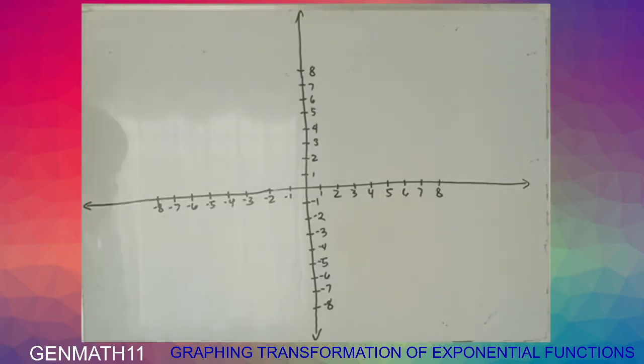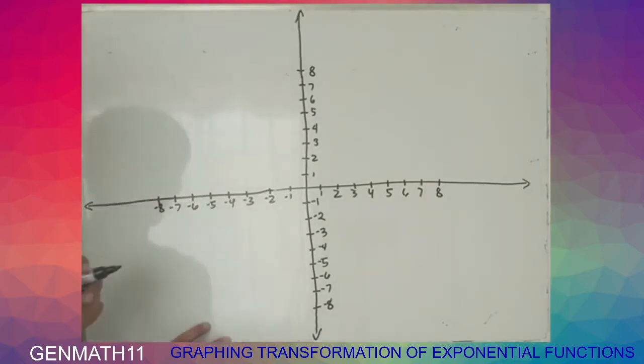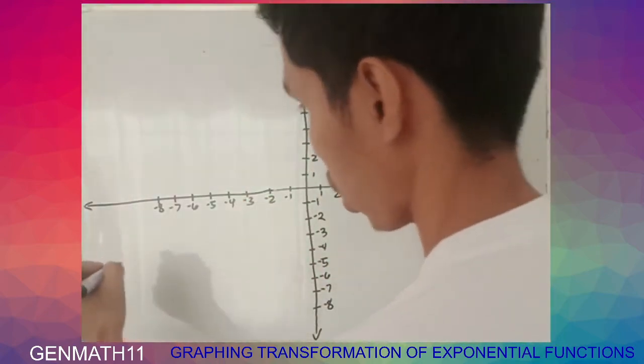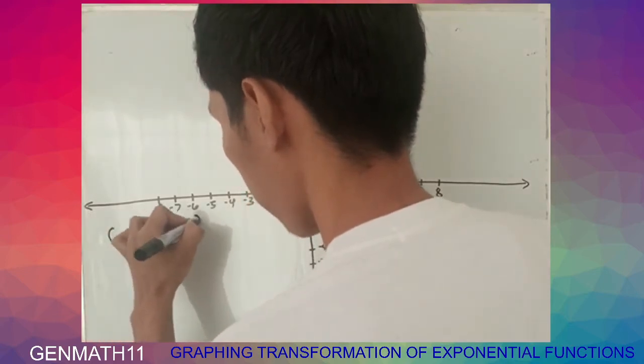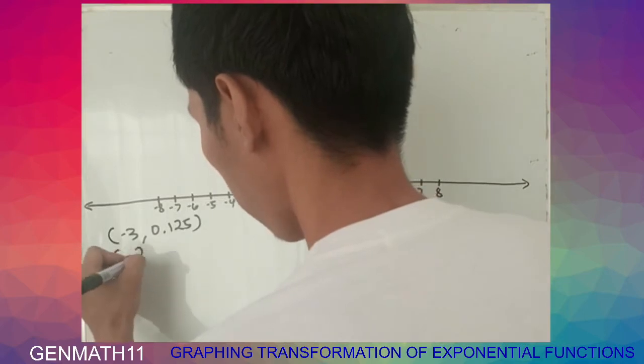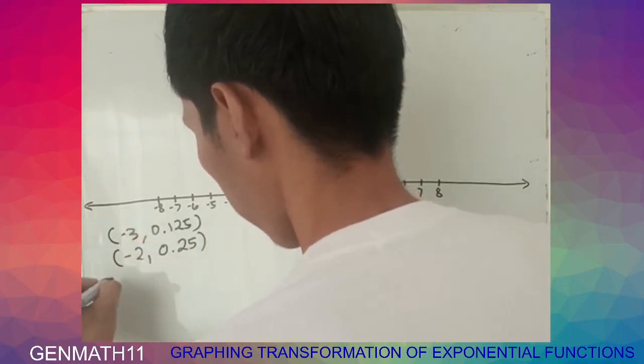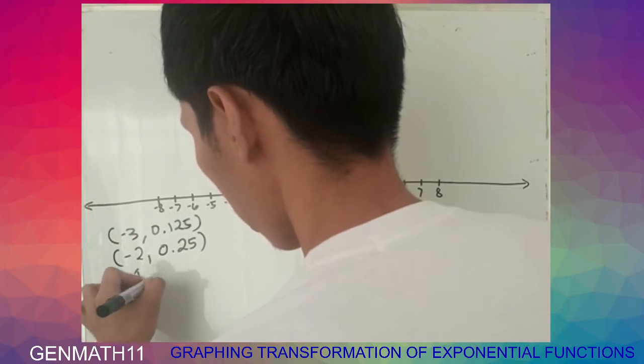Okay, I have created a Cartesian plane, and it already has labels. We will graph the set of ordered pairs from the given functions. Let's start with f of x equals 2 to the x power. The first value is negative 3, 0.125. We place it down here first, and we will erase it later. Then negative 2, 0.25, then negative 1, 0.5,